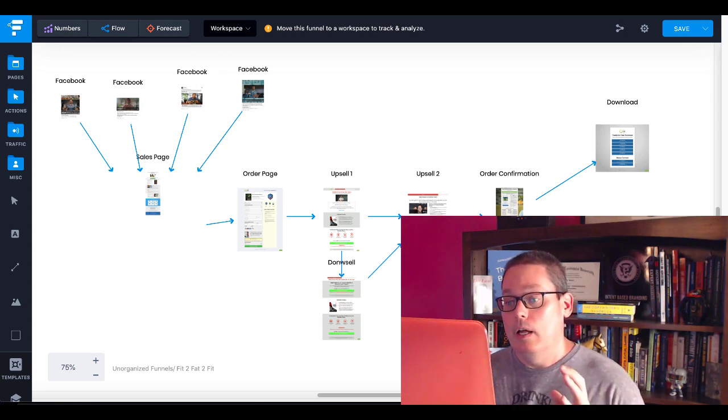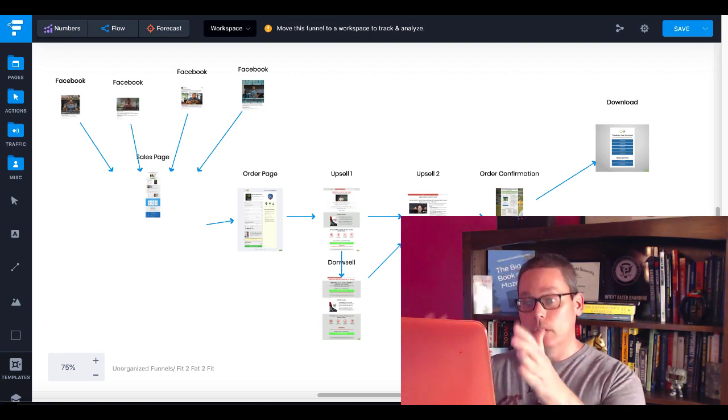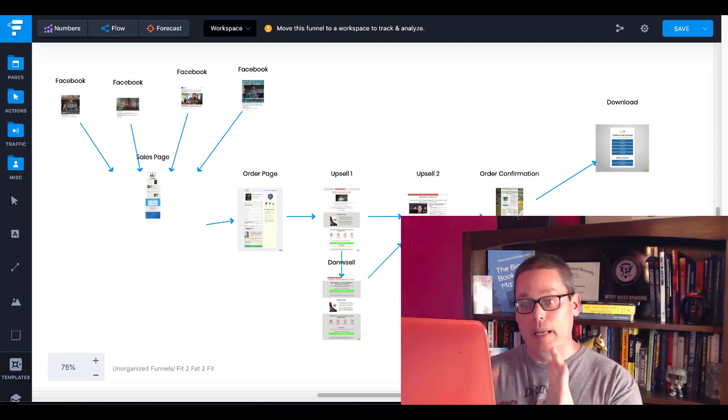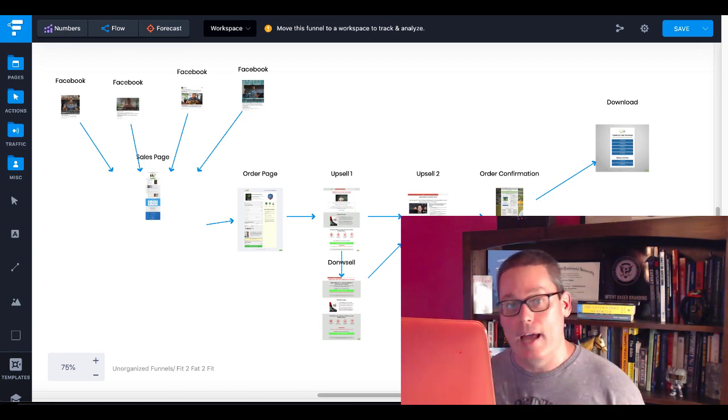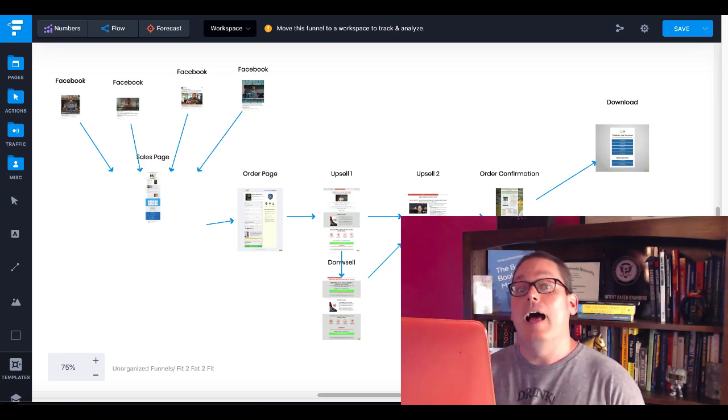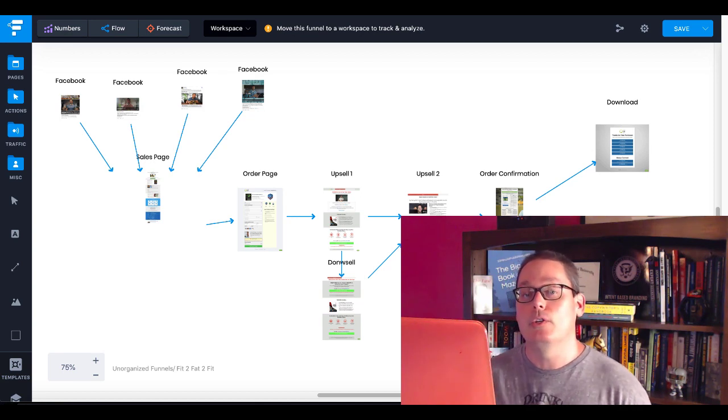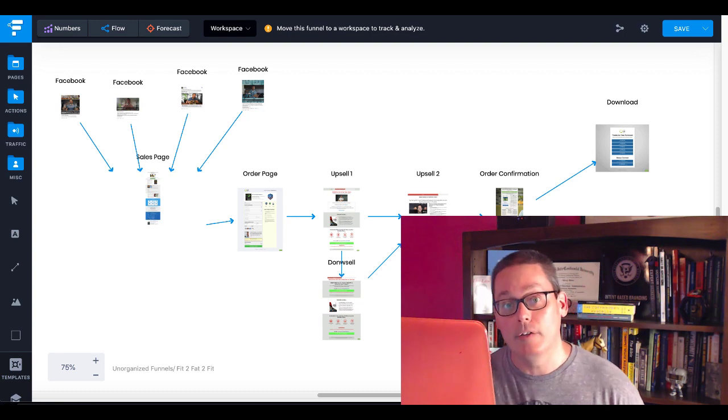So let's stop and think as an affiliate marketer, why are we in affiliate marketing? We're in affiliate marketing because at this stage, we don't want to build out everything you see here. The sales pages, the order pages, the upsell, downsells, the order confirmations, all the download pages. But also as an affiliate marketer, what you can do is you can scale this down to make your affiliate marketing that much more powerful, and you can